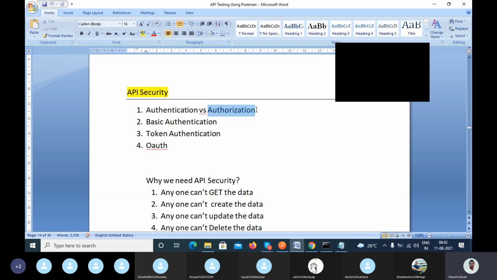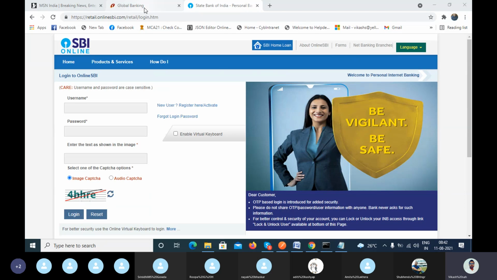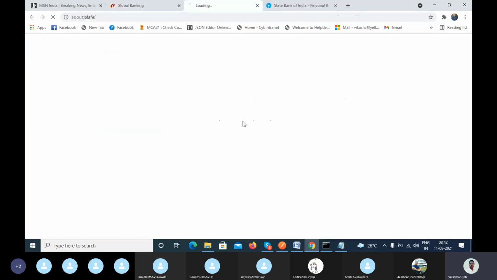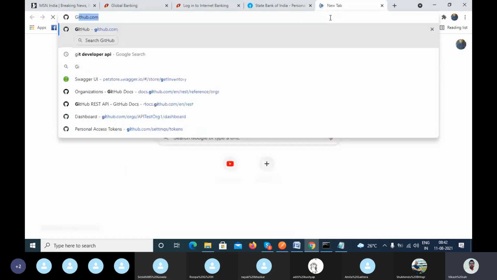Now authorization. What do you mean by authorization? When you enter into your application by passing the username and the password, let's suppose I have a GitHub account.